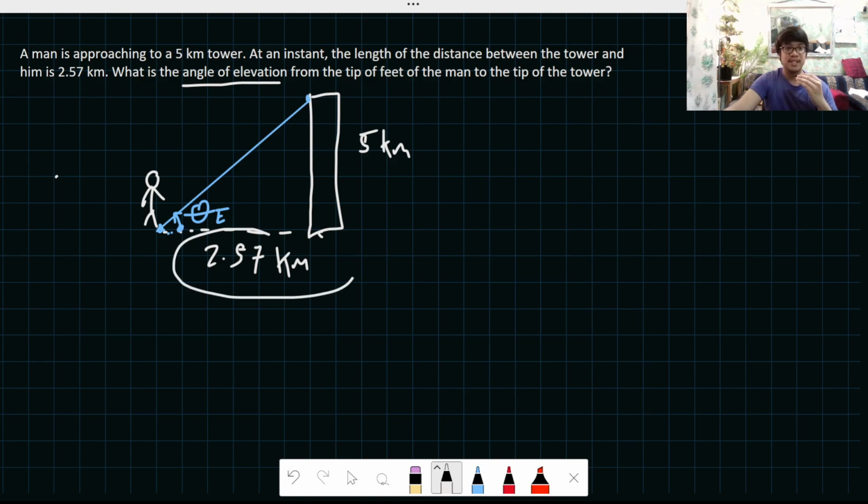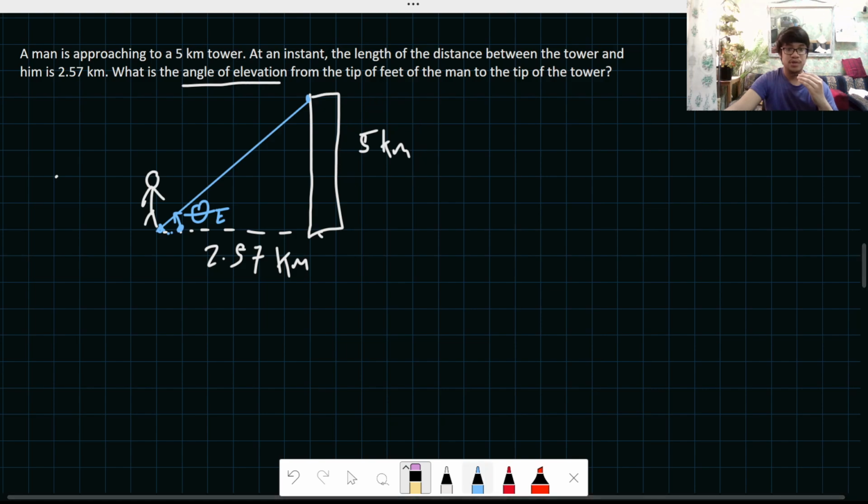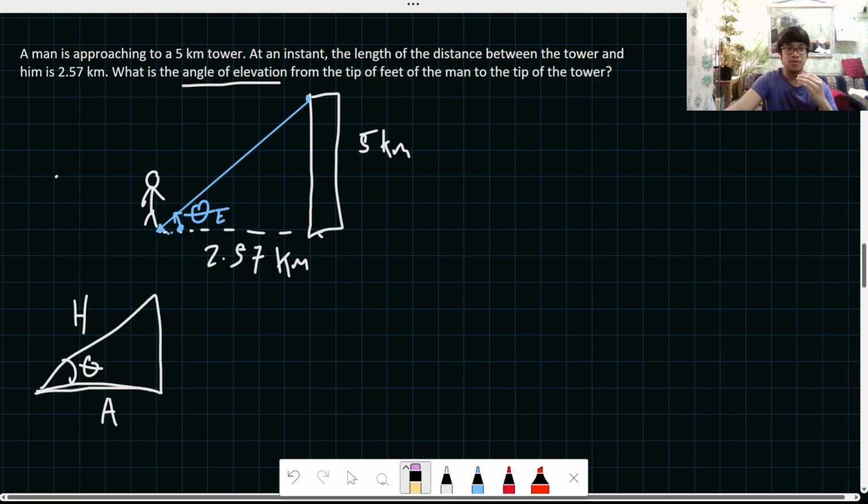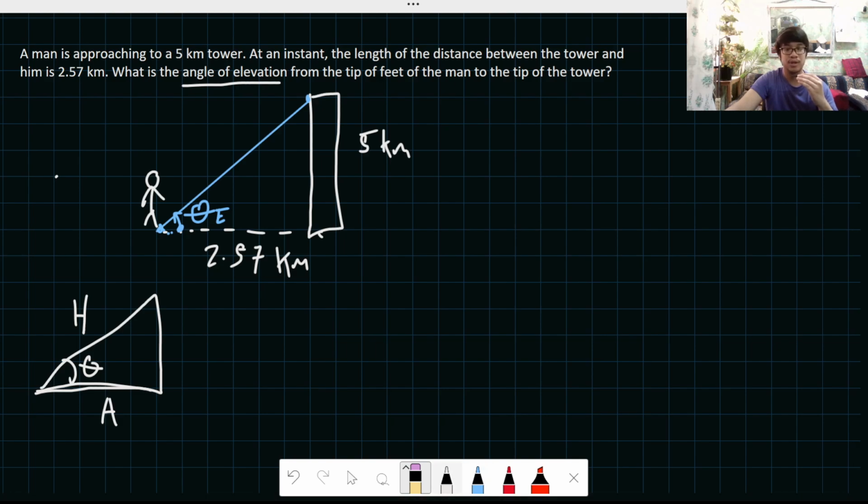So we have 2.57 kilometers. We have 5 kilometers. So in a right triangle, let's just say we have an angle here. The hypotenuse is the longest side, which is this one, the diagonal side. Here on the bottom is the base. Since the base is next to the angle, we say it is the adjacent. While the vertical side, since it's not beside the angle compared to the base,